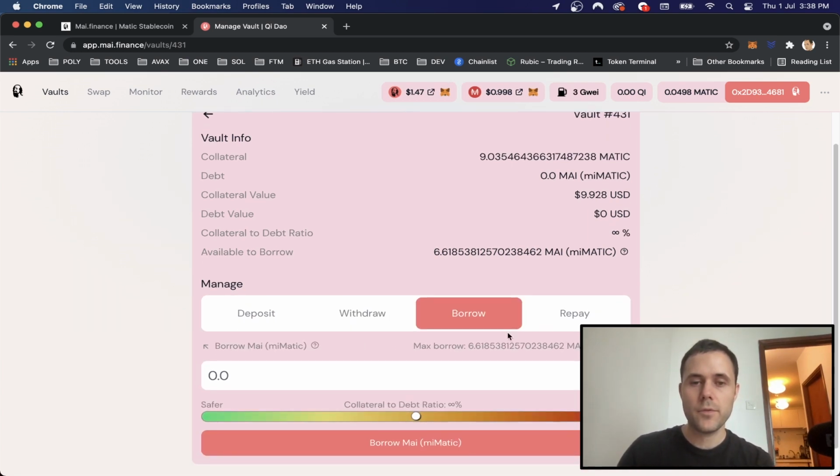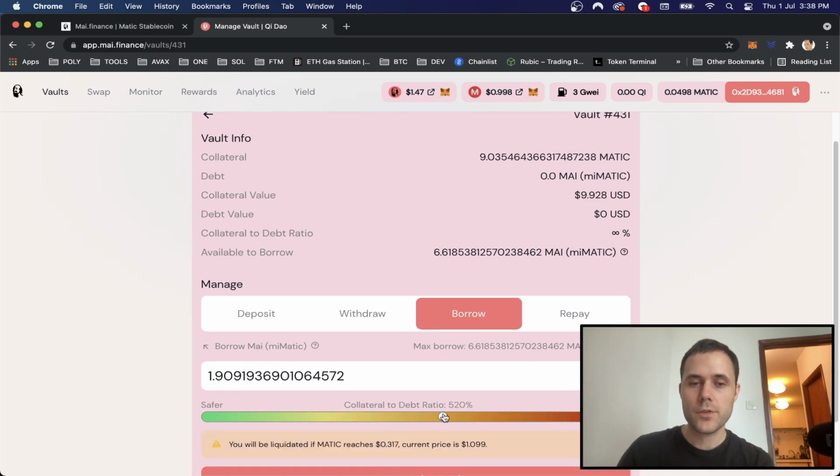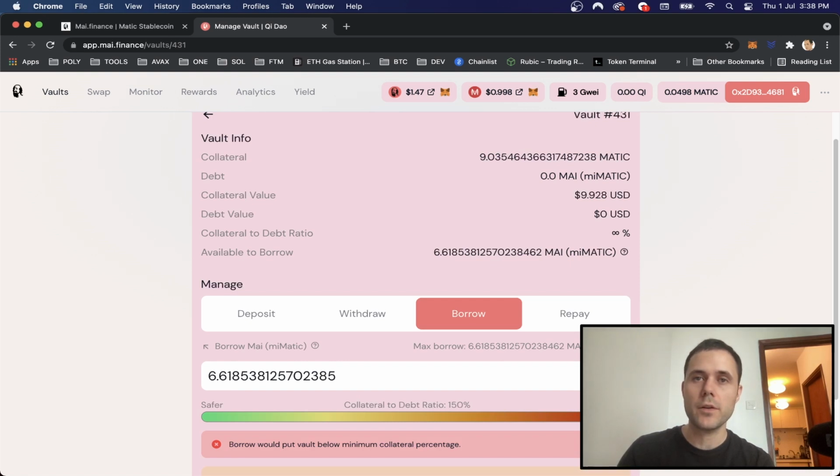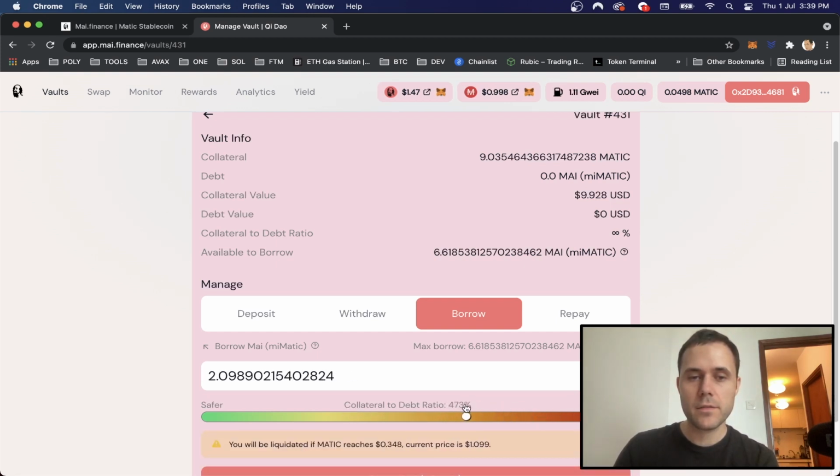We are also able to borrow. So let's check. The maximum amount we are able to borrow is 6.6. So again, talking about the 150% collateral to borrow ratio. We've got it maxed out here, so it says 150%, and we've got a kind of slider to tell us riskier and safer options. So I'm going to go ahead and borrow, let's borrow $3.